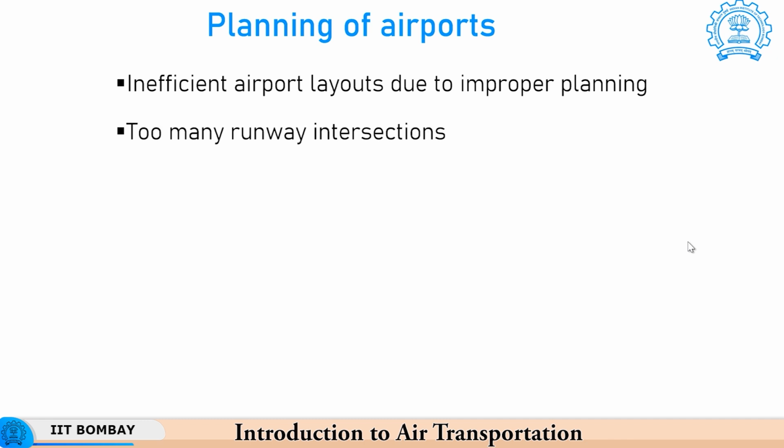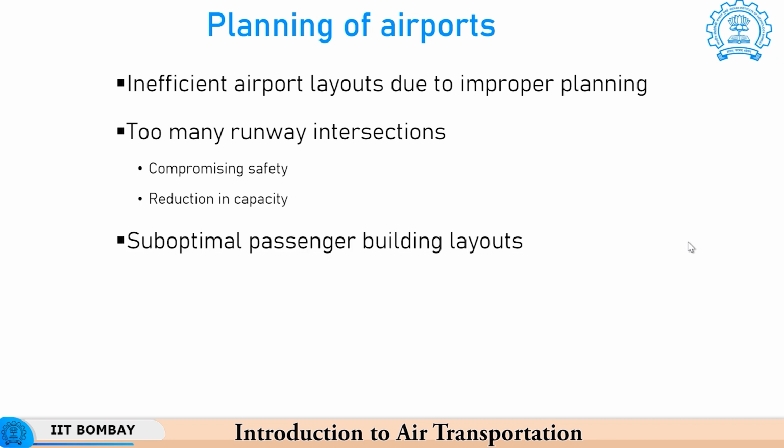Okay. There could be too many runway intersections. Each time there is a runway intersection, there will be delay in departure and arrival, because if an aircraft has to cross an active runway to go to the terminal building or to go to any other location, that causes delay, because an active runway crossing will require to ensure that there is no aircraft coming or going. So, therefore, you will have to hold the aircraft, wait till the runway is clear, allow the aircraft to cross. During that time, the departing or the arriving aircraft have to wait, and that compromises the safety of operation. It reduces the operating capacity.